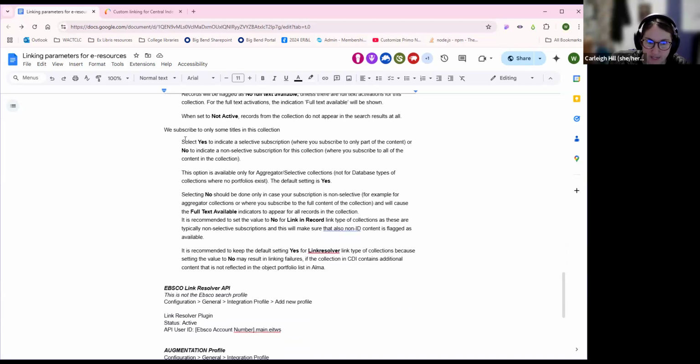The big one is we subscribe to only some titles in this collection. The first paragraph here says to set yes for selective subscriptions, where you're only going to add or activate certain portfolios, and no for non-selective or aggregated subscriptions. I actually recommend selecting yes all the time,